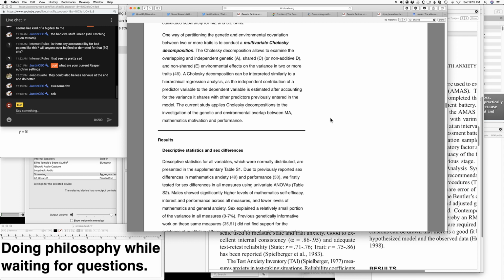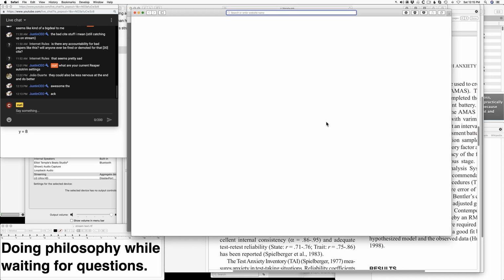Which is actually a lot more important than the other problems and affects a lot more studies. But part of why it doesn't work is